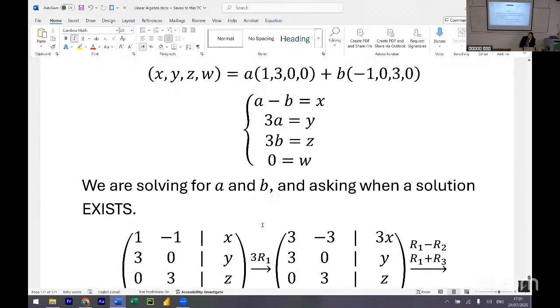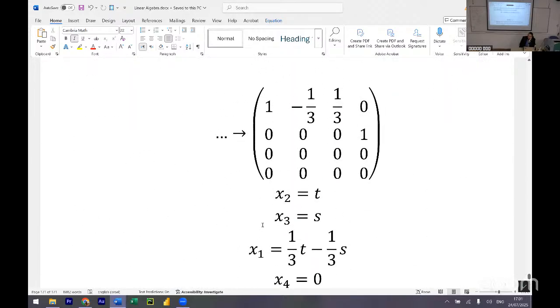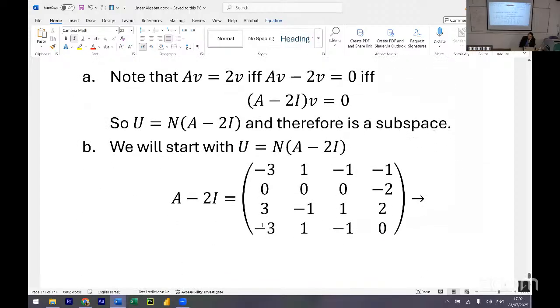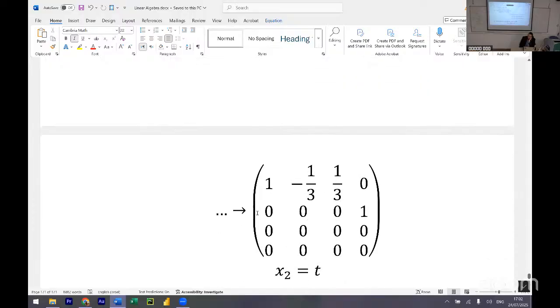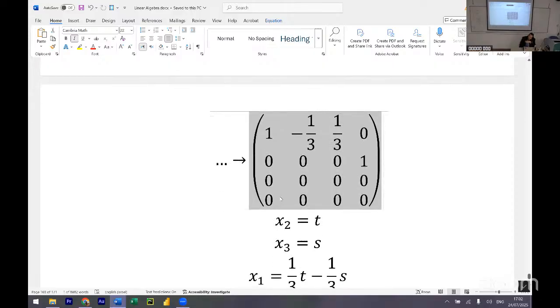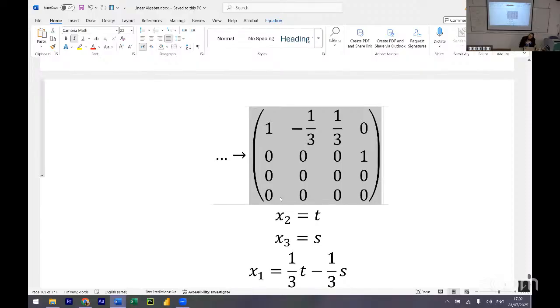This is exactly the original matrix A minus 2I. That's why I say it was redundant. You could have used that directly because it was already in algebraic form. I still suggest doing the long route because you're less likely to make a mistake. But